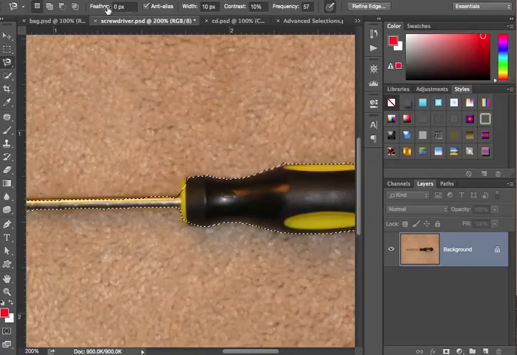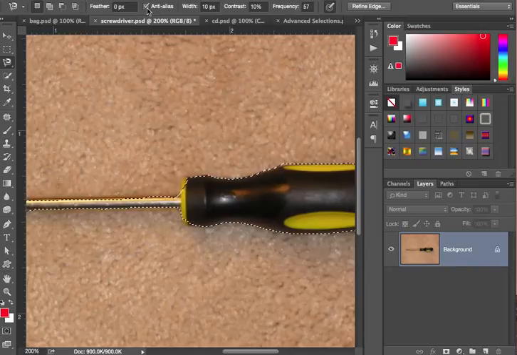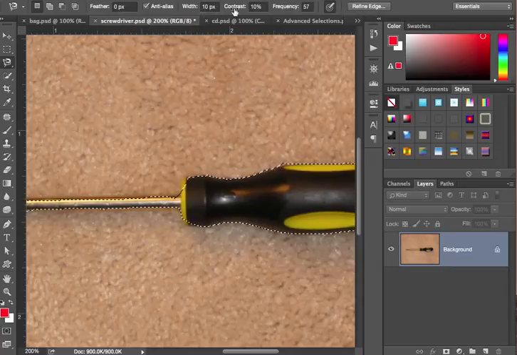All right, so again, you have your traditional add, subtract, intersect. You have your ability to anti-alias and to feather. We're not going to go into that. Things that are different here, width and contrast. Okay, so the width is basically your kind of range in which it's going to look. So it's not going to go looking way out here. If I have it set to 10 pixels, it's going to kind of look within 10 pixels of range of